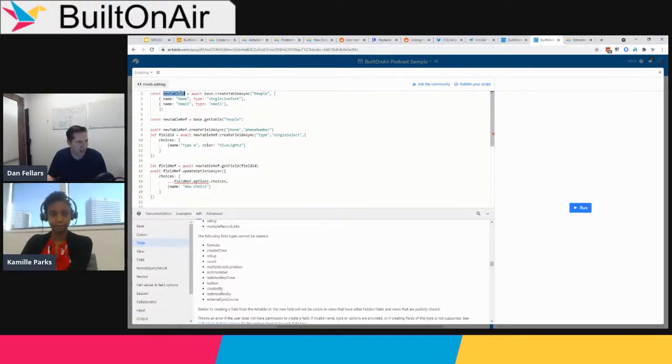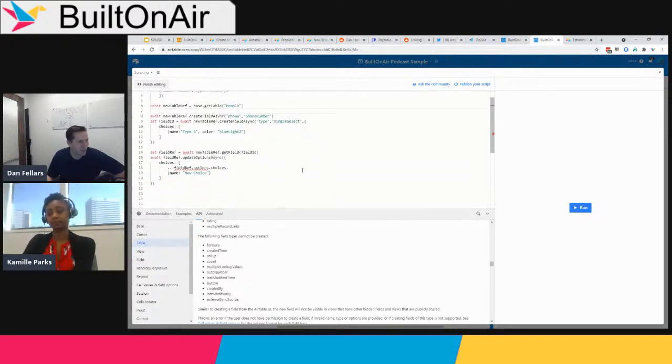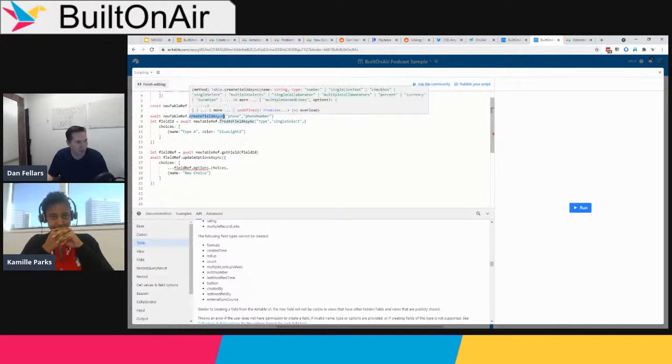Either you could actually get it from this table ID or the name. And I actually haven't run this yet, so I'm curious to see if this will work, because I'm curious to see if you can retrieve a table that you just created, or if there needs to be some kind of resync process happening. So I'll be curious to see what happens when we run this. Then the next thing is, this way is once you already have a table that's already created and you want to add fields to it, then based off of the table reference, you can use the create field async,